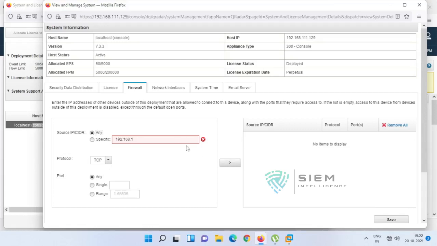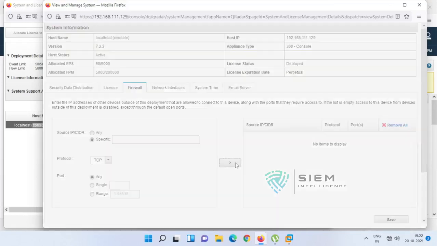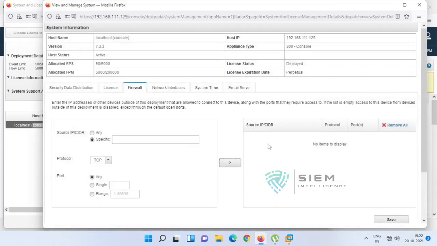If I'm giving allow, I can add something like this. Yes, any to any TCP allow. If I do this, I'll start getting ping from outside, else I'll not ping.